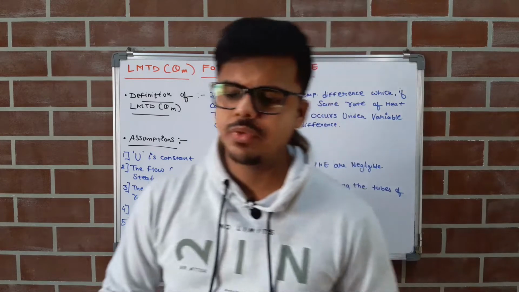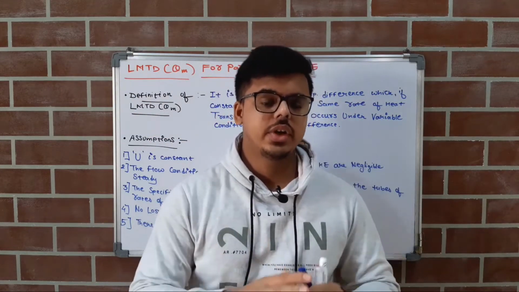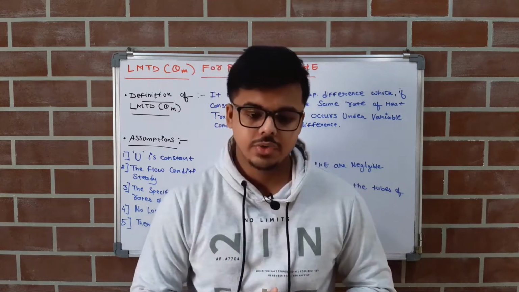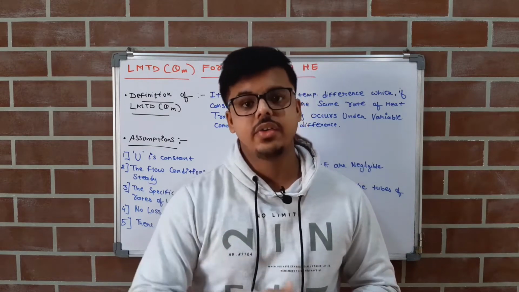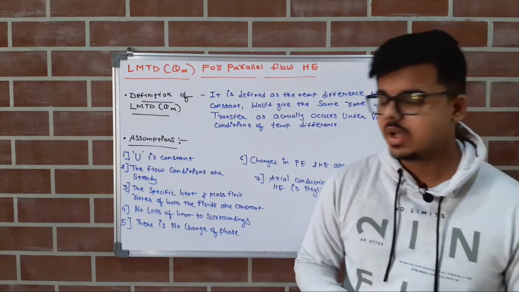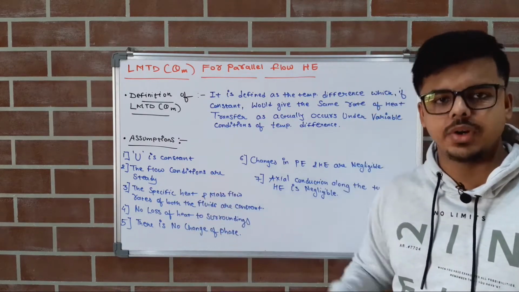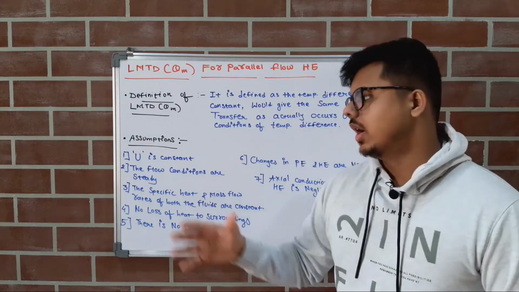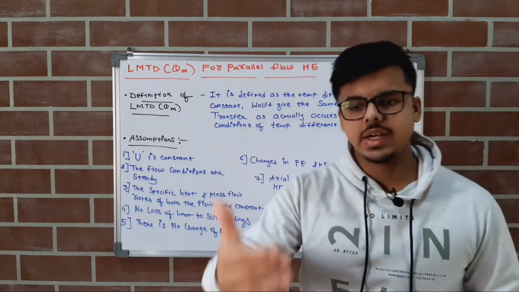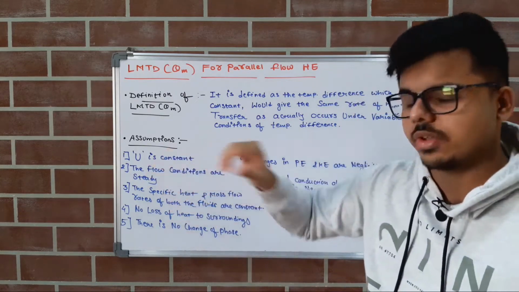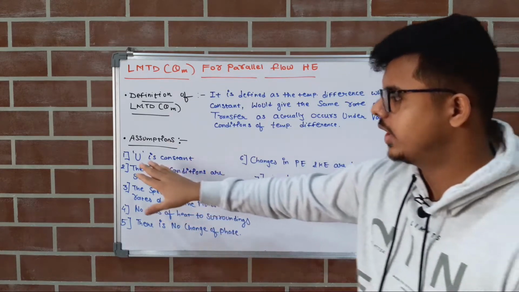Now, before we derive any result or any formula, we consider some assumptions, because these assumptions are very important to lead us to our final result. So here also we have some assumptions, and don't skip them. Understand these assumptions because they are important. Generally people ignore the assumptions and just directly derive, but everything depends on these assumptions. Our derivation is dependent on these assumptions.